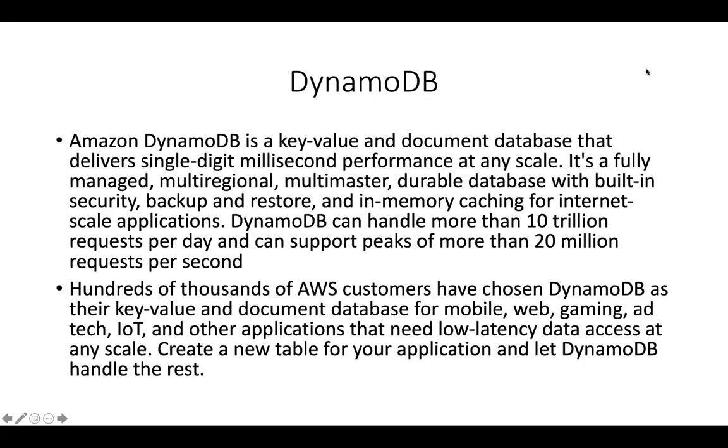So Amazon DynamoDB is a key value and document database, right? It's pretty similar to MongoDB, as you could call it, because that's also non-relational in nature. And this delivers single-digit millisecond performance at any scale. You could also add a caching feature, which we will see in the subsequent slides, that increases that millisecond performance to microsecond-based performance, right? It's fully managed, multi-regional, multi-master, and we'll be seeing one such use case today regarding multi-master and what that actually means. And it's also a durable database with built-in security in terms of data at rest, with backup and restore options for you to create snapshots.